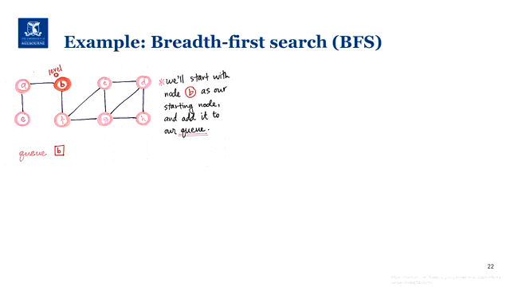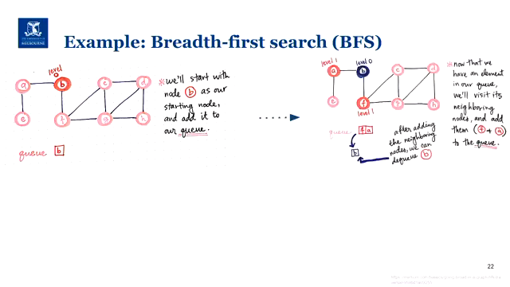Okay? So let's say we start with B, and we keep track of our queue here. First thing we do, we add B to the queue. Next, we visit B. So we visit every node that is at 0 distance, or level 0, from the starting node. Next thing we need to do is add to the queue. So we remove B from the queue, and we add all the neighbors, or all vertices that are within 1 distance from B. In this case, A and F, we add them to the queue, okay? Since they haven't been visited yet.